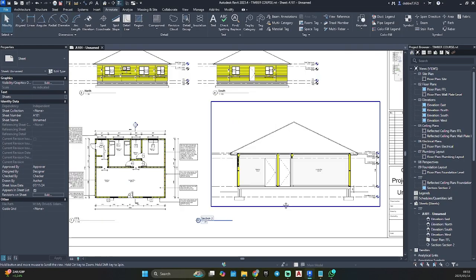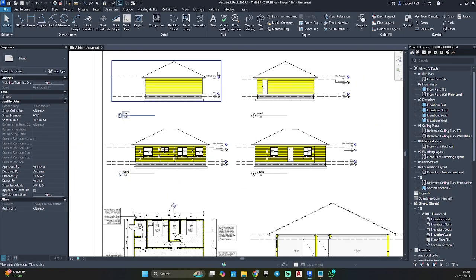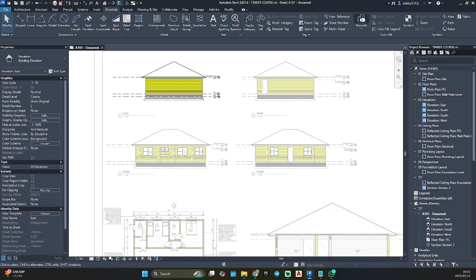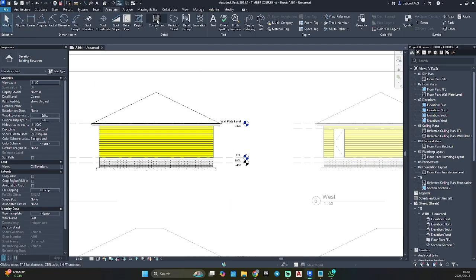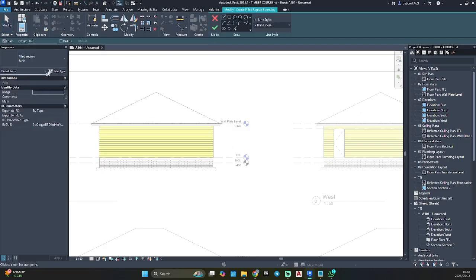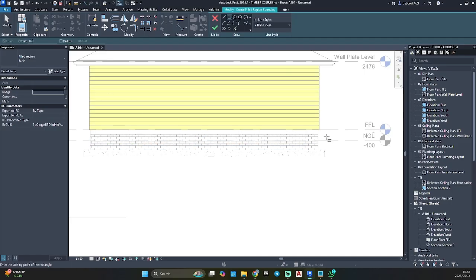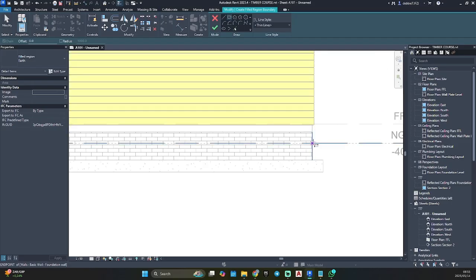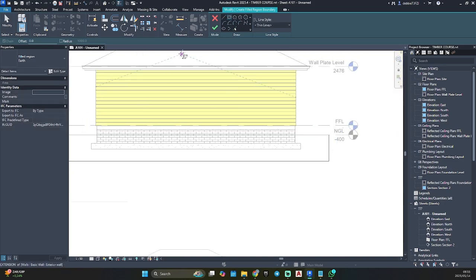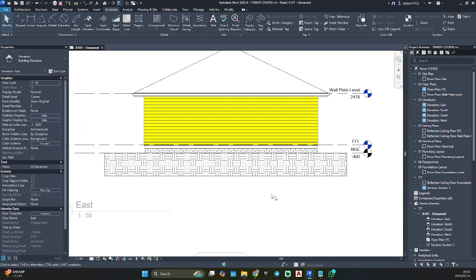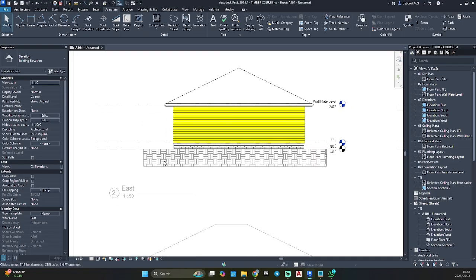So I'm gonna, let's do the elevations. They most likely go the quickest. So I'm gonna go refill region earth because I'm not seeing this. So from NGL, just gonna put a fill over it.